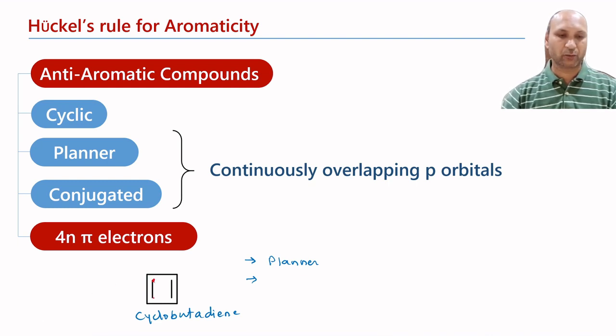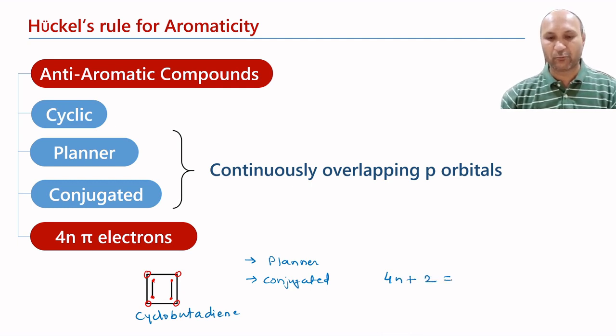So 1, 2, 3 and 4 carbons are there, and all have sp2 hybridization. Now the compound is conjugated as well because we can see an alternate single and double bond arrangement. It is obviously cyclic. But when it comes to Huckel's rule for aromaticity, 4n plus 2,